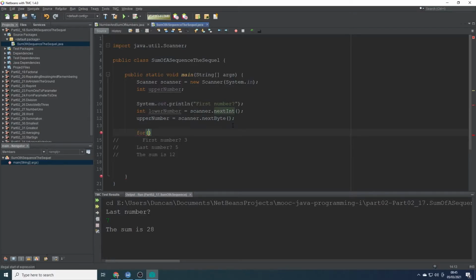and we can say int i is equal to lower number, and then what we're going to say is that while the lower number is lower than the higher number, we're going to run through the loop very similar to what we did before, and then we're going to increment the lower number, or i, until they're equal. So